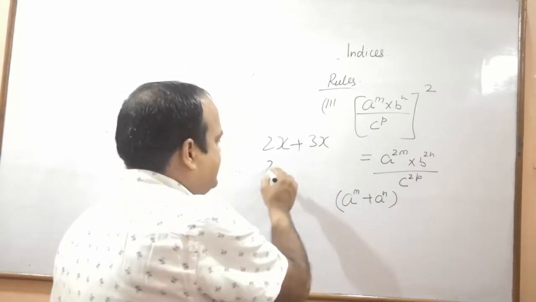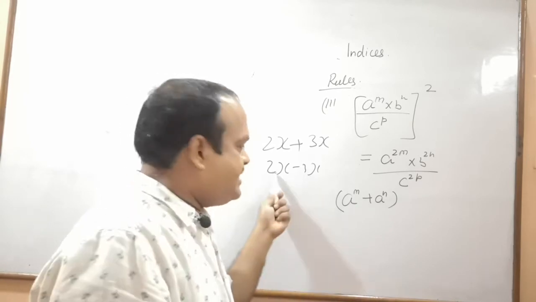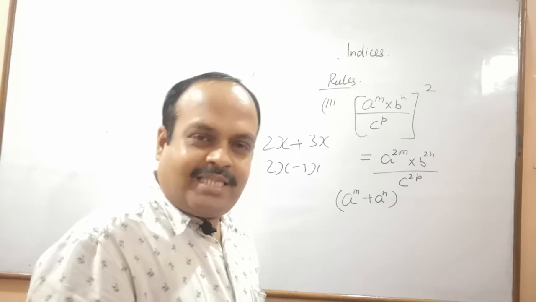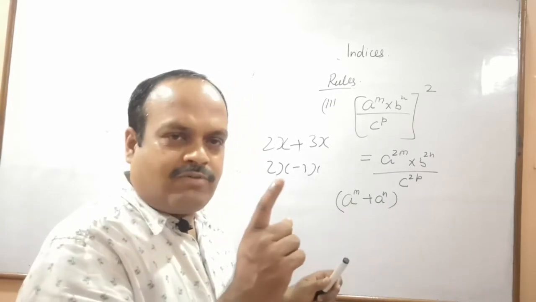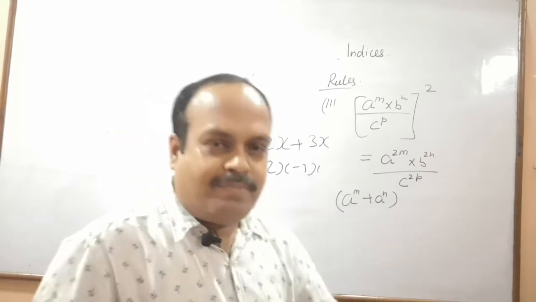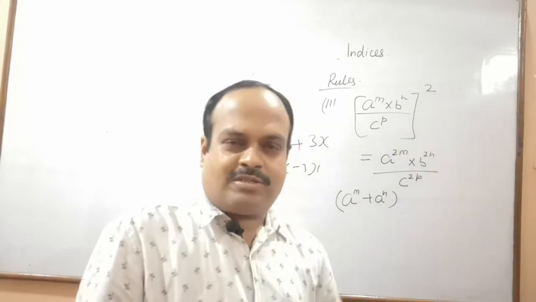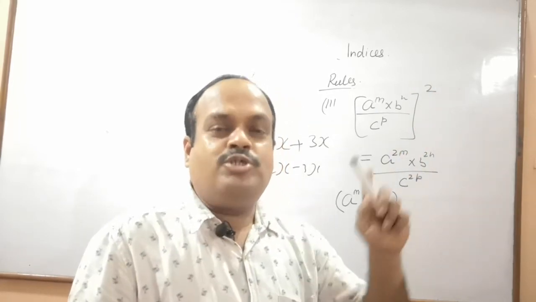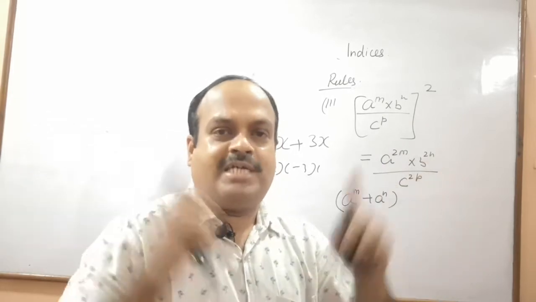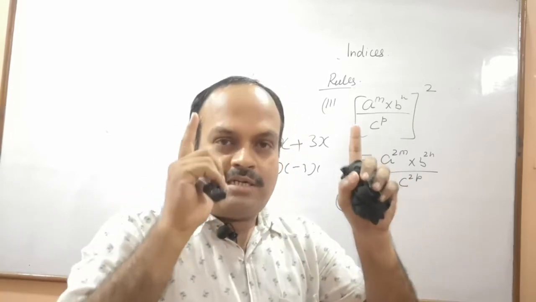And if I say 2x minus 3x, will you multiply? No. These are the like terms. 2x, 3x are the like terms. Here the result will be minus x. Get the difference. 3 minus 2, 1. But we will write minus 1x. So for sum and difference of the exponential numbers, don't use the product law, power law or quotient law. You have to use the law of algebra, which says that like terms with the same sign should be added, like terms with the opposite sign, in that case the difference must be done.